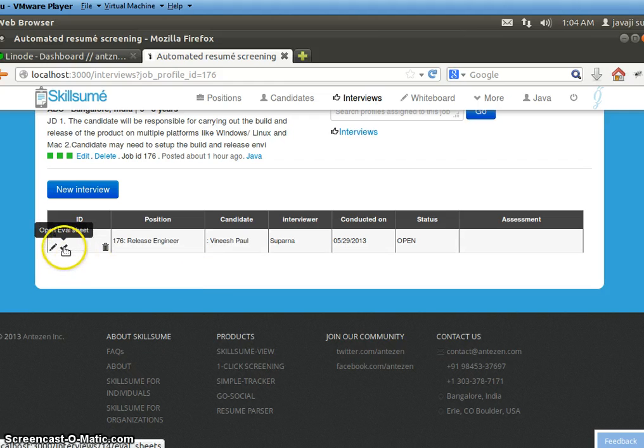Now let us create an evaluation sheet for this. When I click on evaluation sheet here, when I say open evaluation sheet, all the desired skills from the job resume are automatically copied to this evaluation sheet.